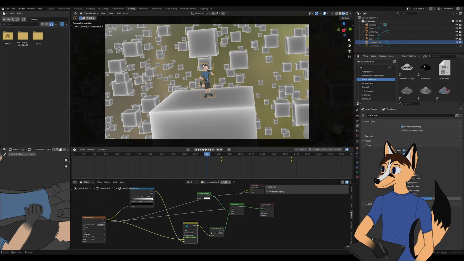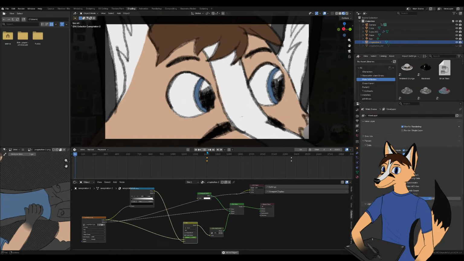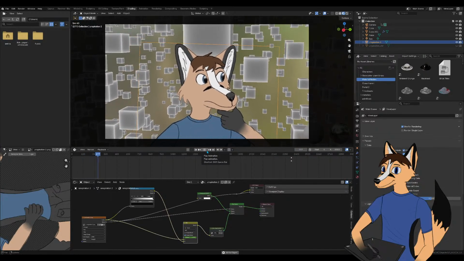Actually, I feel like this would be a good moment to start the grayscale fade right here. So let's see how that feels.